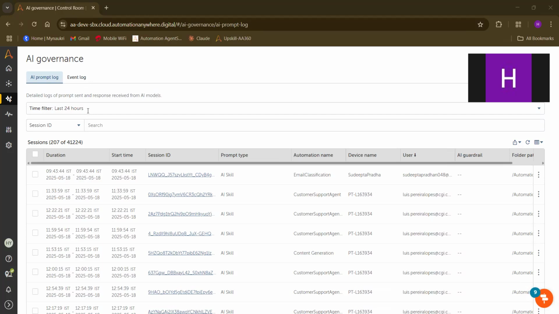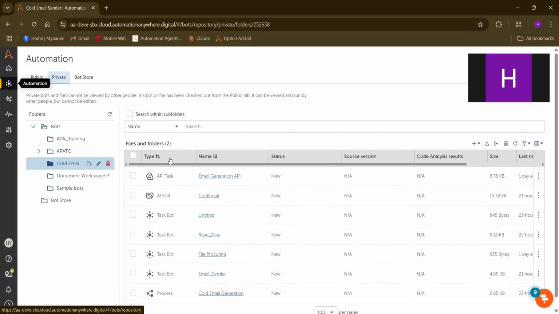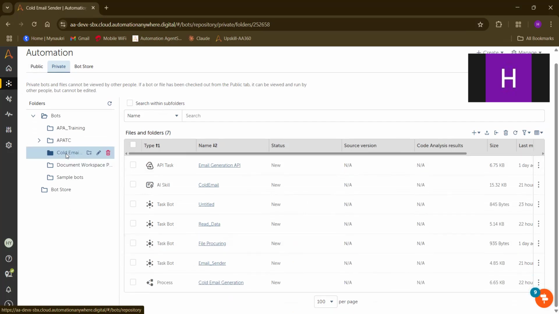Now let's dive into the API use case that I created. So first we'll go into the automation. This is my cold email generation. Usually, when we are on a job hunt, we procure the email IDs of HRs or hiring managers, then send an email inquiring about any open positions available. We do this manually, sending one by one to each person.